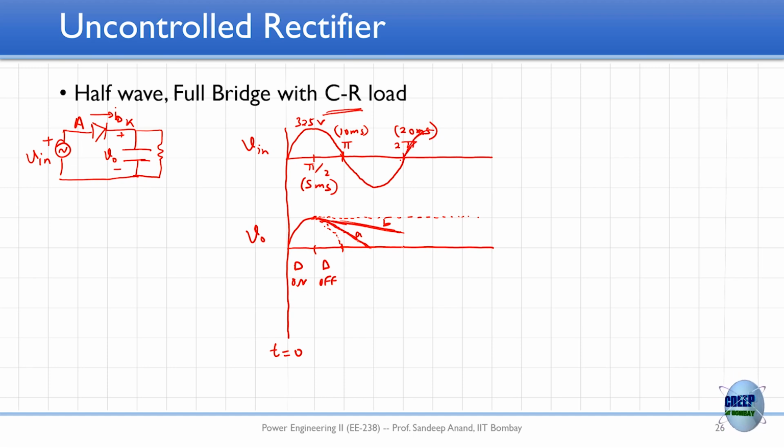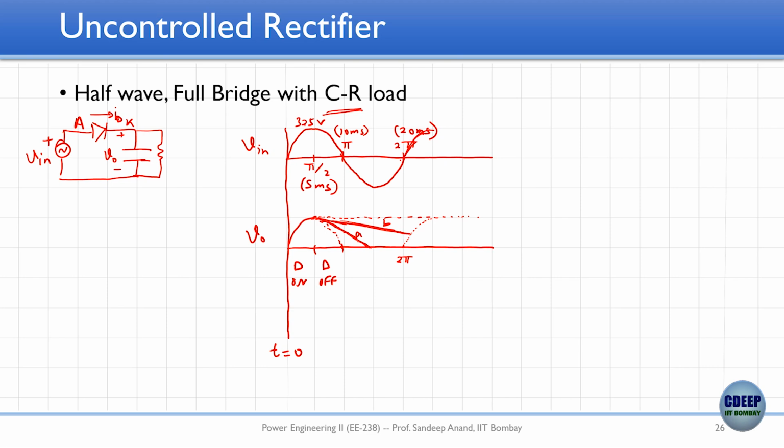Once the next cycle starts, if you had only resistance, you would have followed this dotted line, right? But if you consider case B, then your capacitor voltage is more than the input voltage at t equal to 2 pi. And therefore, your diode will remain reverse biased, because your output voltage is more than the input voltage. In case B, your output voltage at 2 pi is still non-zero while the input voltage is 0. So still your anode to cathode potential is negative, and your diode remains turned off